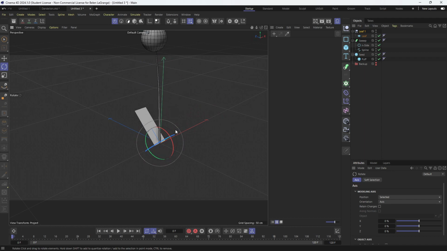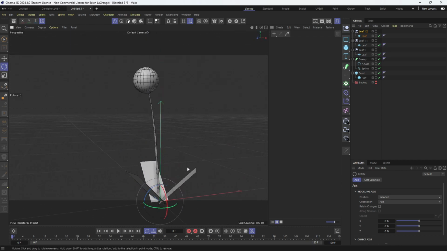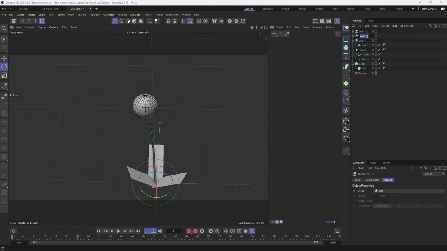And then I'm going to hit W so that I'm using the world coordinate system. I'm going to hold down Control, drag to make another leaf, and another leaf. So that'll be our leaves once we finish up. And if I want to scale these up bigger